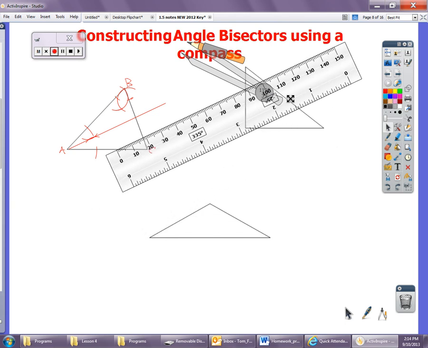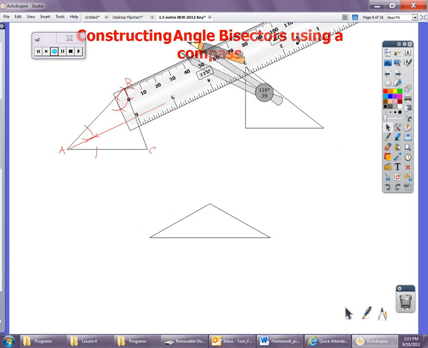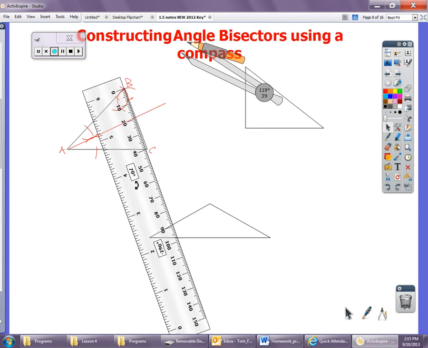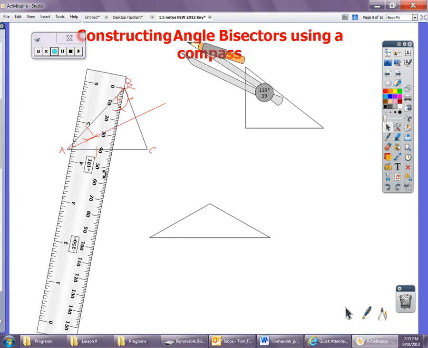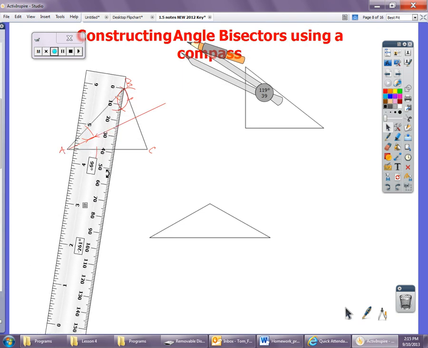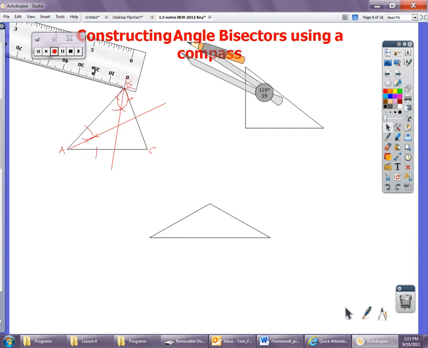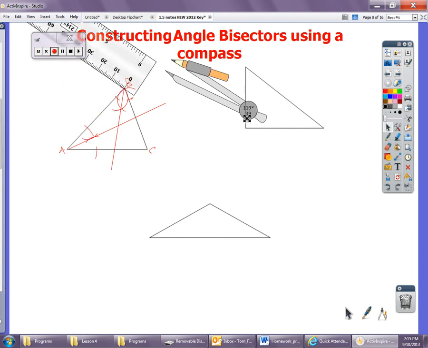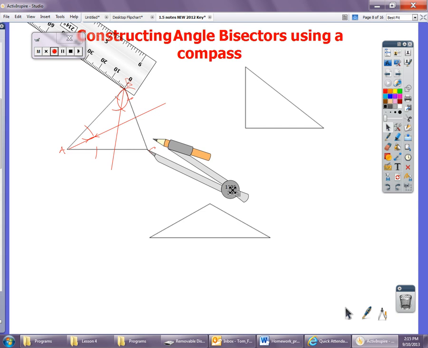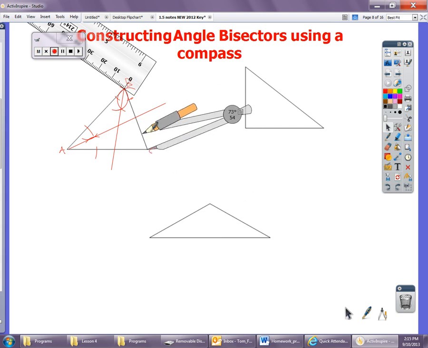So I'm going to take my ruler, and we go right through there. Then we can draw our line that goes through these. We see they intersect there, and then once again we have to find the angle bisector of C. So we do the same process. So we go there,